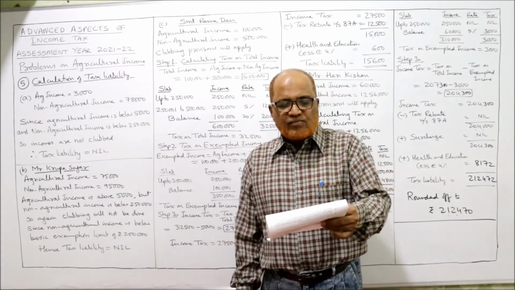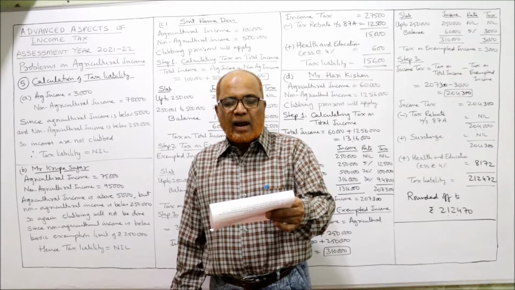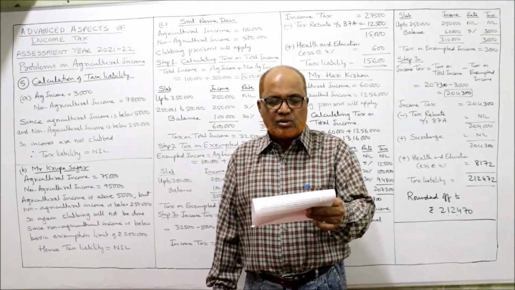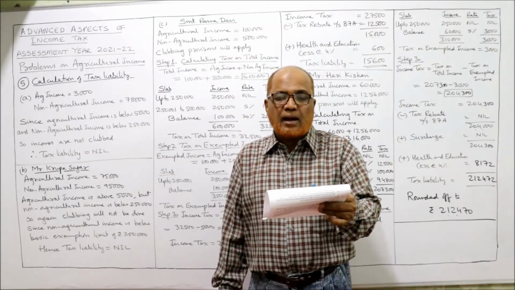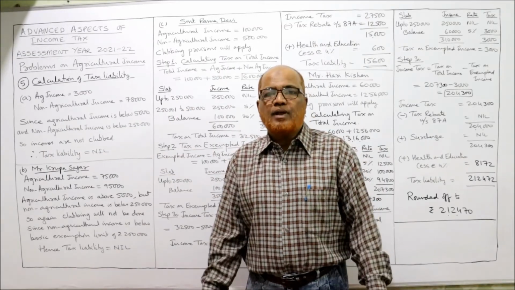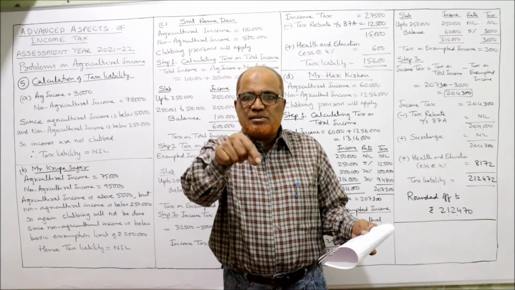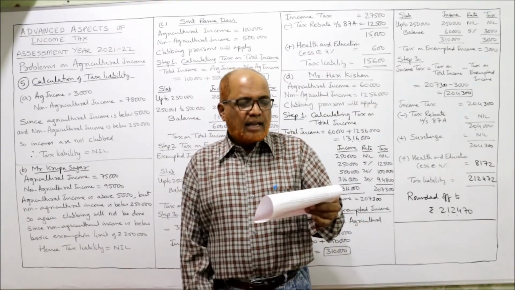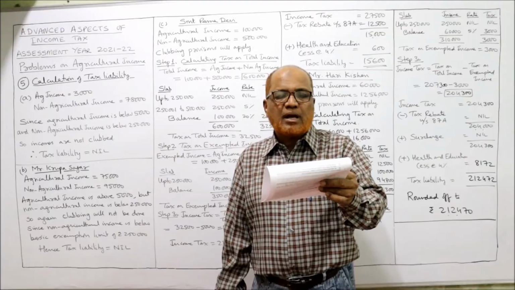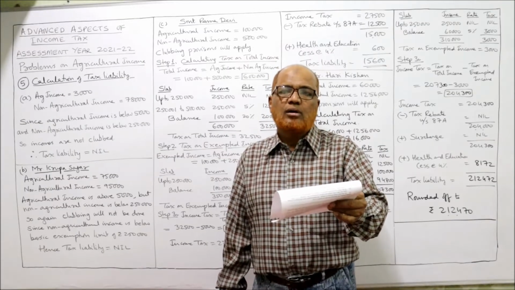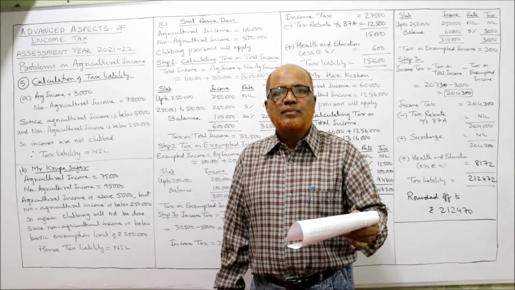Next one, rupees 5,000 received from a rubber plantation in Sri Lanka. That means it's non-agricultural income, because one of the conditions is that the land must be situated in India. Next, last and final, income from commercial crops like sugarcane, jute, etc. It is agricultural income. That's all.